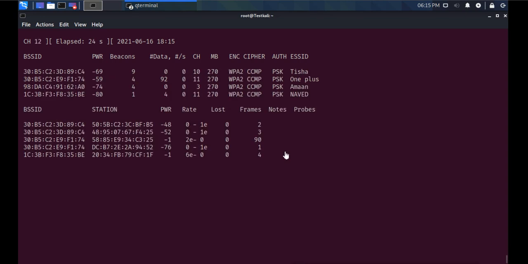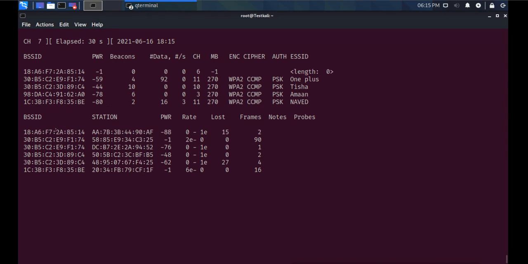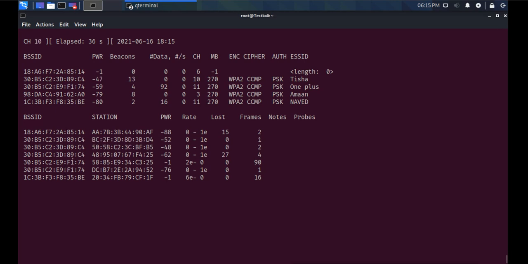Now we can see this information, like this is the AP, and here it will show that someone, if this one was connected, it is going to show the one which is connected to that AP.